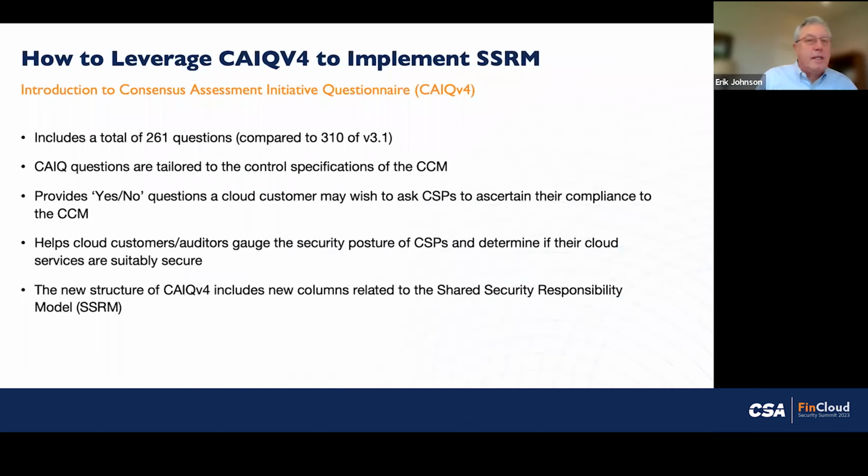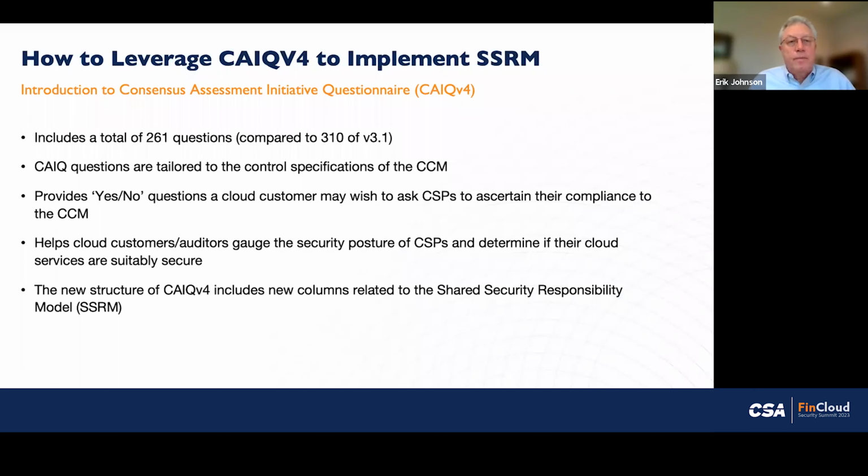Or a couple of slides down. In the CAIQ matrix, where the CSPs delineate control ownership, they describe the portion they implement and then the portion that the customer needs to implement. Now, the CAIQ is structured where some controls, since they're more comprehensive or have a number of elements, the CAIQ has a few more questions than there are controls in the CCM, because some controls are broken out into multiple questions. And so therefore the SSRM information is also broken down in that manner.